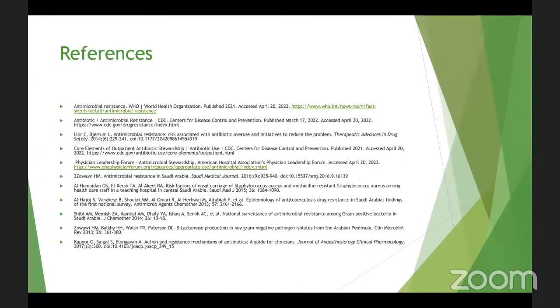Instead of resistance and what you mentioned in your lecture, is it true that prolonged use of antibiotics can cause cancer? A prolonged use of antimicrobial? Antibiotics, antimicrobial. Yes, can cause what? Cancer. Cancer? Yeah. Actually, for this, I think it depends, it's like a side effect or adverse drug reaction